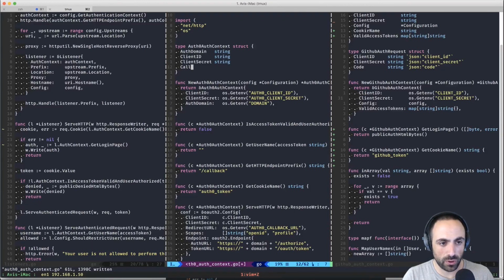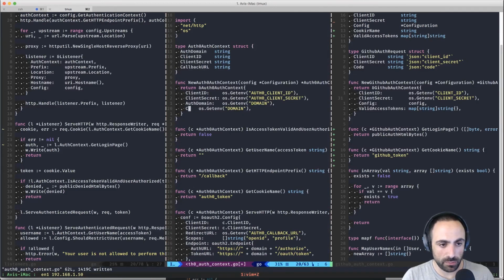Okay, so let's do callback URL. And then this is going to be a string. And then this is going to be callback URL. And then this is Auth0 domain. And this is Auth0 callback URL.